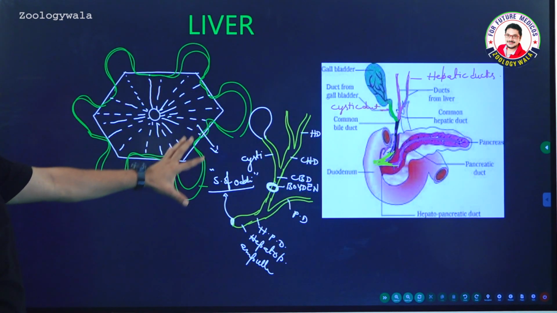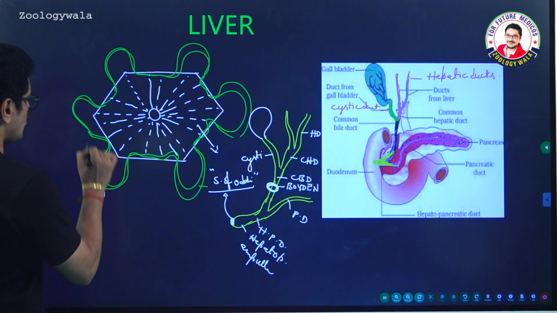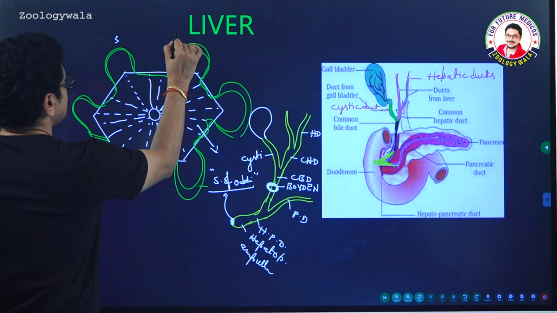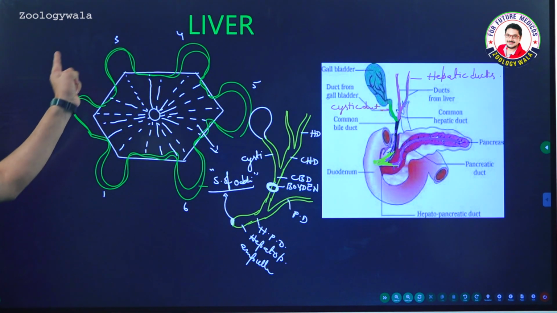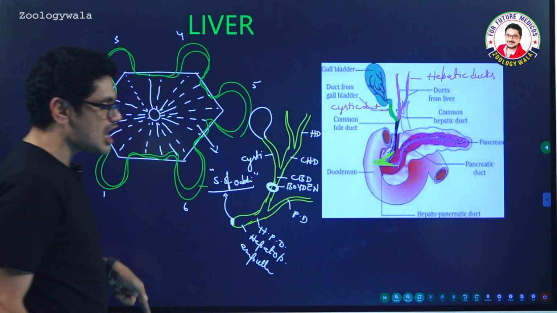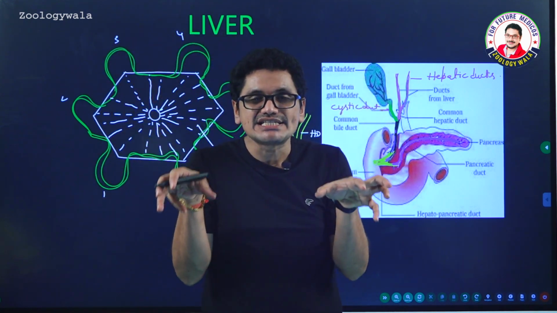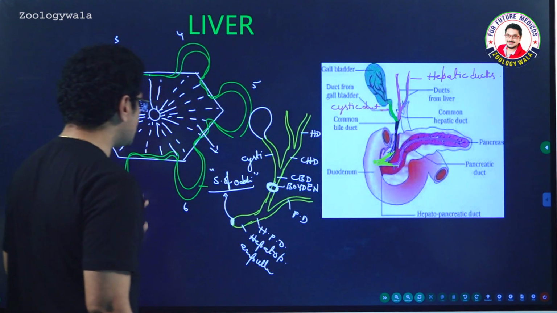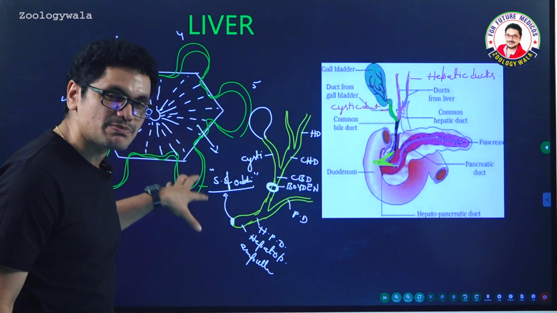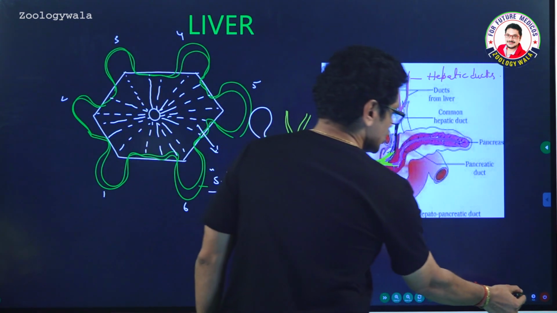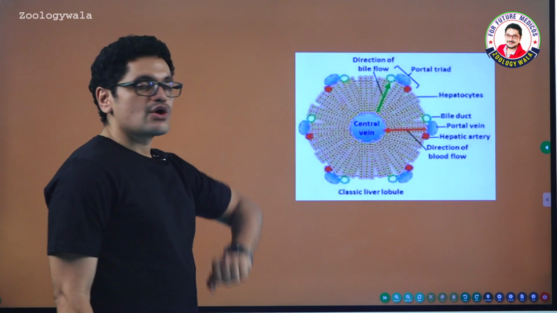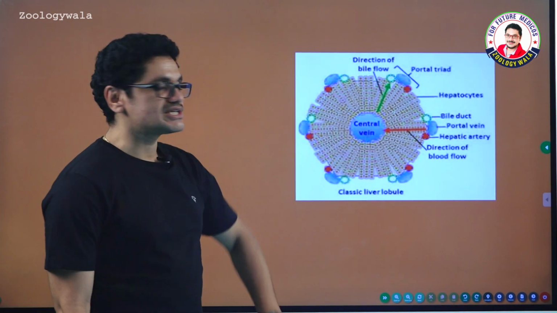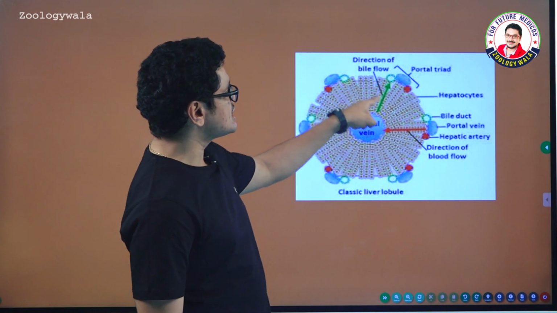And if you observe the structure here, you can observe 1, 2, 3, 4, 5, 6 hexagonal corners. In this hexagonal structure, you can find the 6 areas. What are the 3 important vessels or ducts present in that area? I will show you in this image. You see this? And the same hexagonal area, this is the intralobular central vein, and all those cells are nothing but